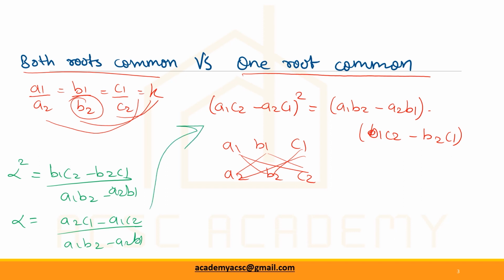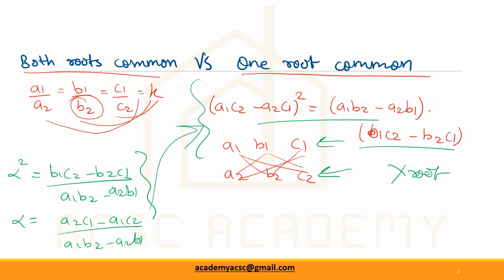But when you are asked for the common root itself, then there is no need to go up to this formula because this simply states whether the common root will exist or not. It is a relation between all the coefficients itself, but it does not involve the common root. So for that we can stop here itself and we can directly find the common root using all the coefficients when they are available to us. So using these only we can derive another formula which you might have already seen